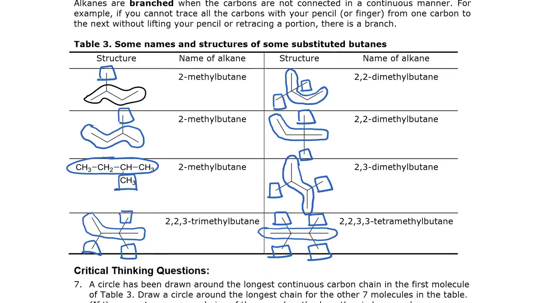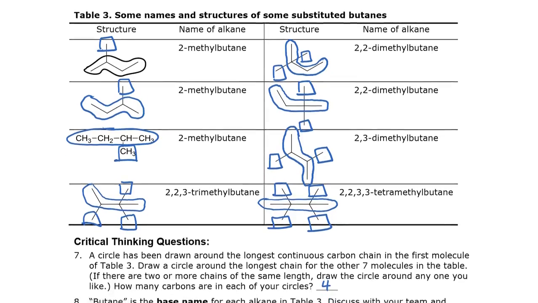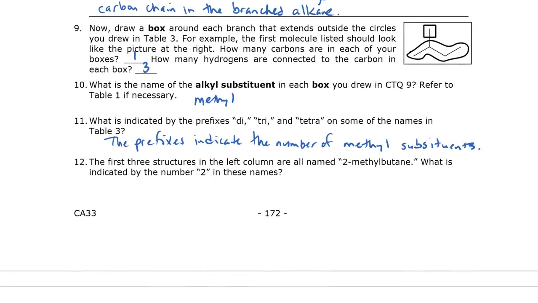And you know, that word substituent doesn't roll off the tongue so nicely, and so a lot of times we just say group, so methyl group, much easier to say. There's another word that organic chemists use that I hate, moiety. I don't even like how that word sounds. You'll never hear me say it. Well, you just did. You'll not normally hear me say that word. So methyl group, methyl substituent. So the prefixes indicate the number of methyl substituents.